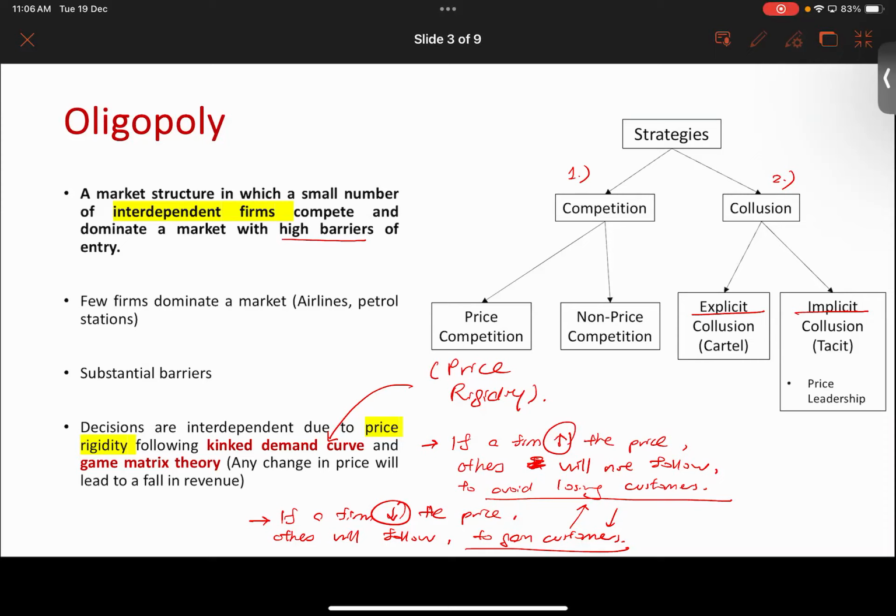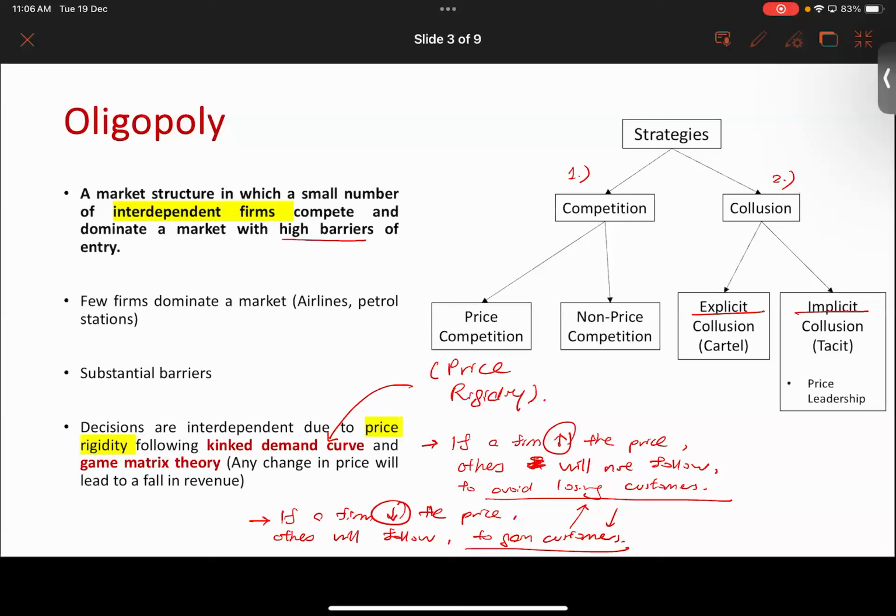Now, on the other hand, we have implicit collusion. When we talk about implicit collusion, there's no formal agreement, but they still pakat, in a very indirect way. For example, we call it price leadership. Think about telecommunication. You have different brands of telecommunication networks. Which one is the market leader? Maxis, right? So let's say, for example, if Maxis increases the prices, then others will try to follow as well.